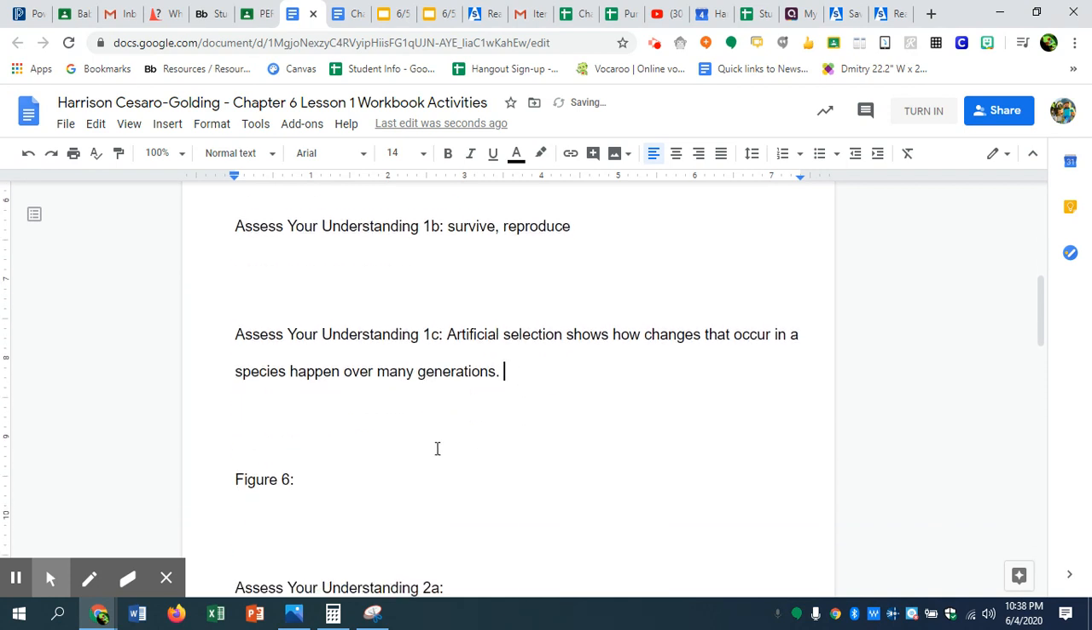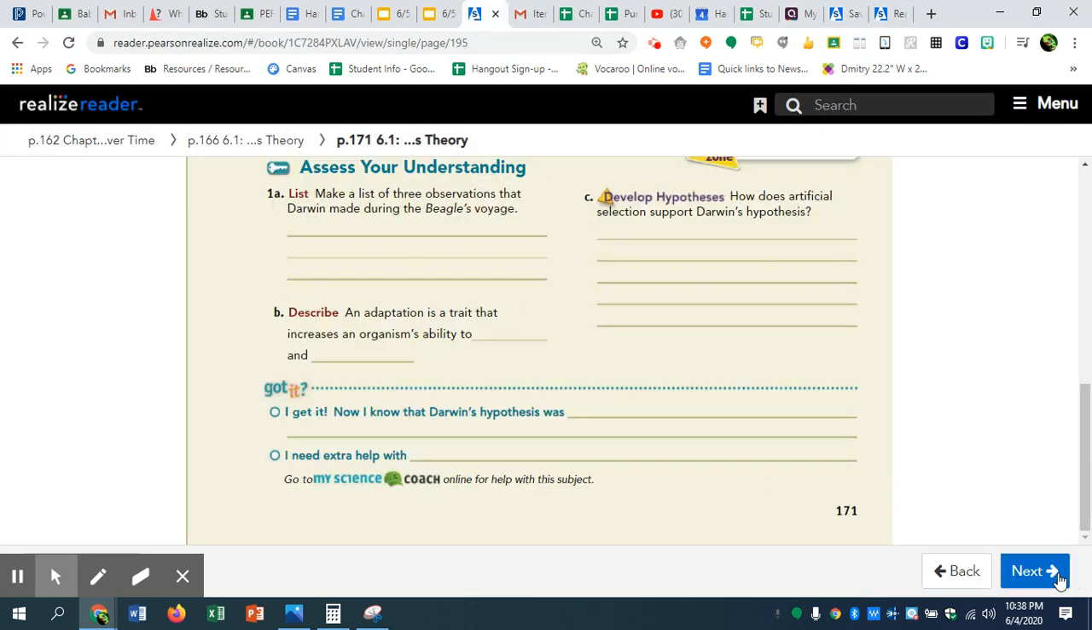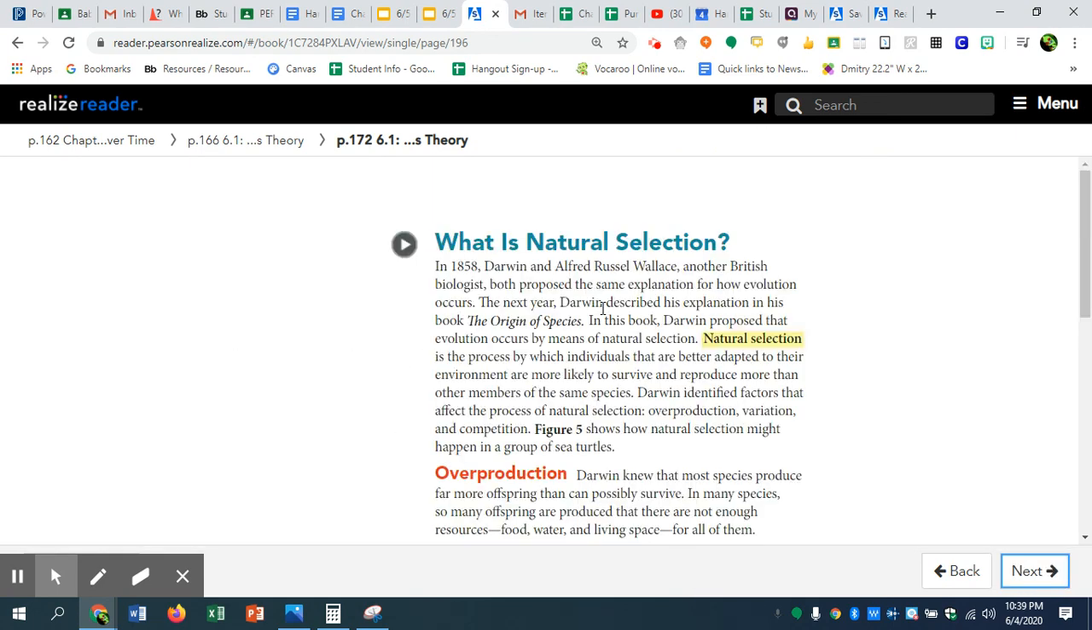All right, moving along to figure 6. Let's see what kind of vocabulary we come up with. First, here we go for natural selection. Natural selection is a process by which organisms adapt to their environment over time, and it just is a